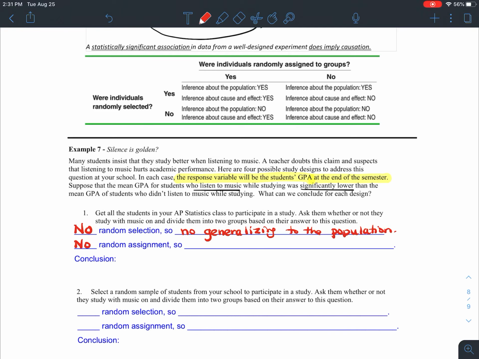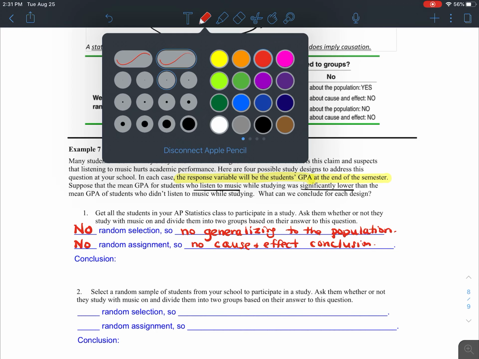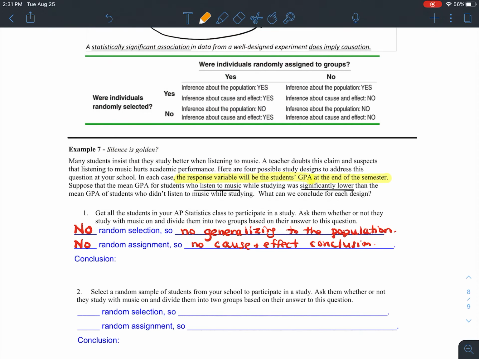Were treatments randomly assigned? No, there was no random assignment. Remember, we just asked people, what do you do? And then that put them in their group. So that means there can be no cause and effect conclusion. So how could we tie these 2 pieces together then? We would say something like, well, there might be a relationship between these. So we could say, well, there is an association